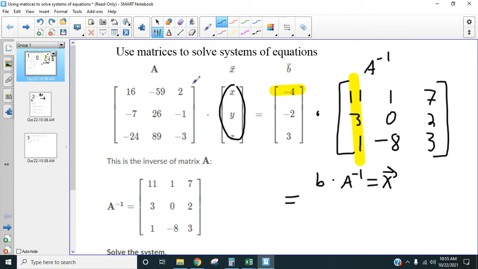That's what we're solving for. If I take the first row times the first column, what's the issue with that? Negative 4 times 11 plus